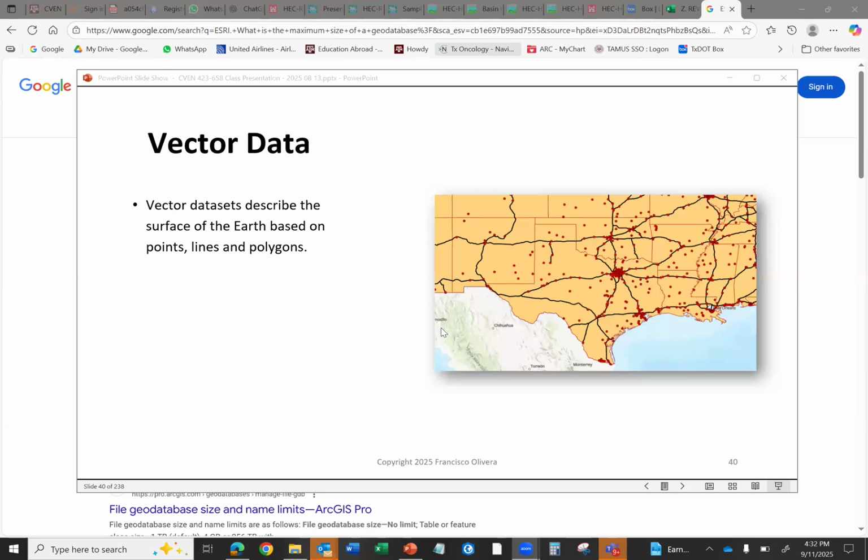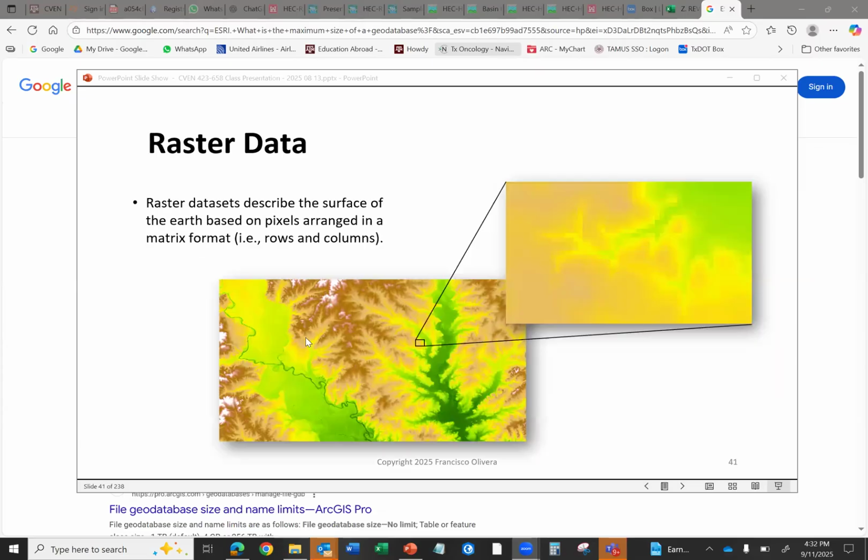So as I said, vector data is going to consist of points, lines, and polygons. Raster data is going to consist of a mesh of pixels. So you can see in this image, where I'm moving the cursor, the image appears to be a continuum. However, when you zoom in, if you see carefully in this other image, you can notice the pixels, and